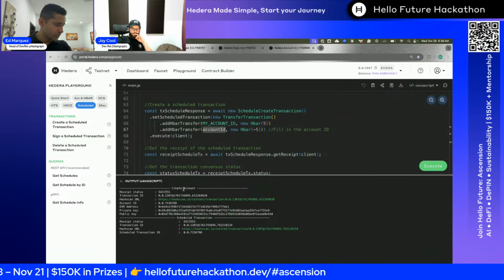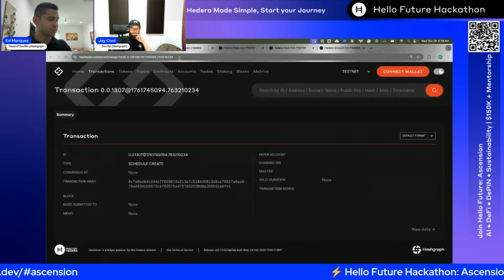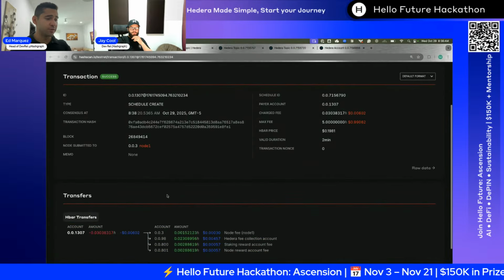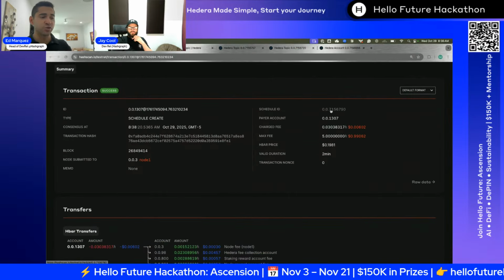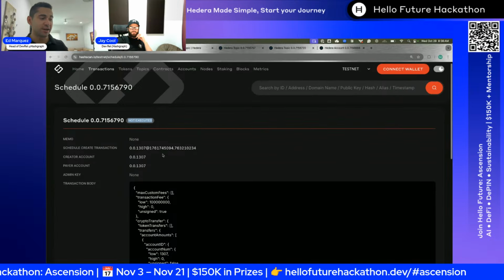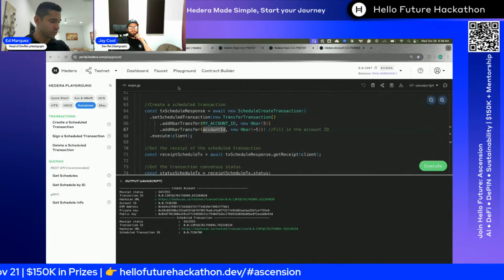And so here we have the create account, schedule transaction. So let's take a look at the scheduled transaction. Here you can see the details of the schedule to create, the cost breakdown, and here's the schedule ID. The schedule ID is the actual entity, and it tells you it's not executed yet. All right, so coming back to the portal,